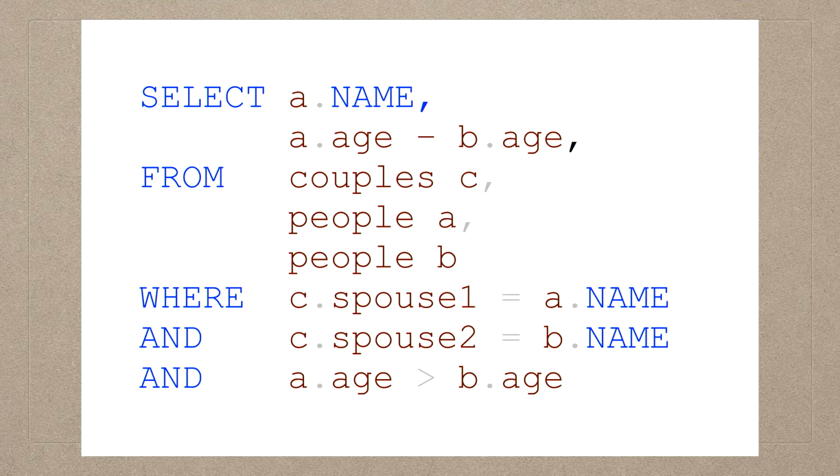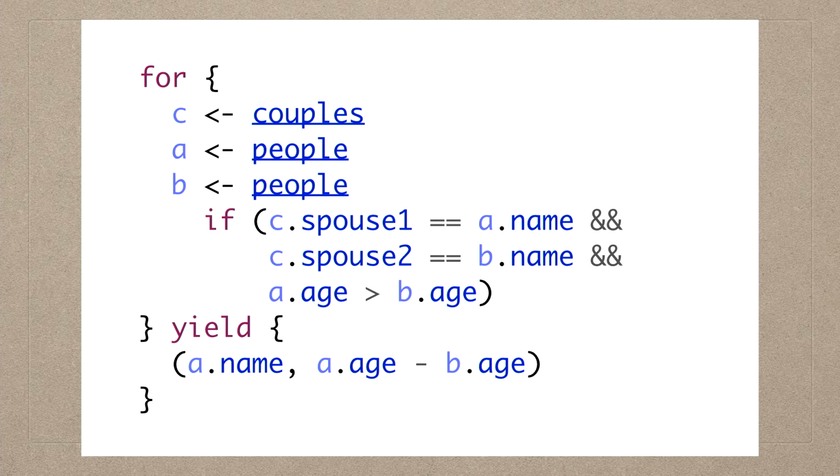So it's very simple. And there is a way of expressing something very similar to this in Scala that is using for comprehension. So we can say that couples and people are tables in memory, and then we use a for comprehension. We can get one couple, one person A, person B, apply the filtering in the for comprehension, and then use the final value. Okay, but